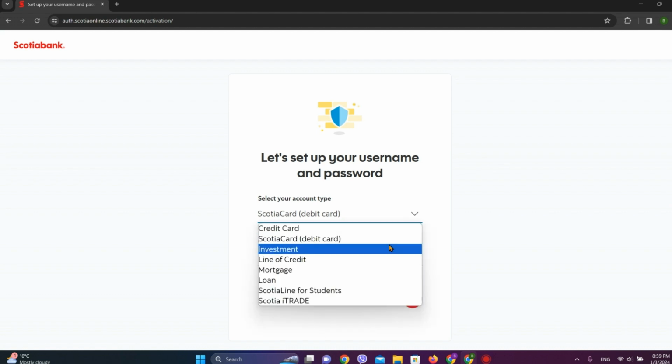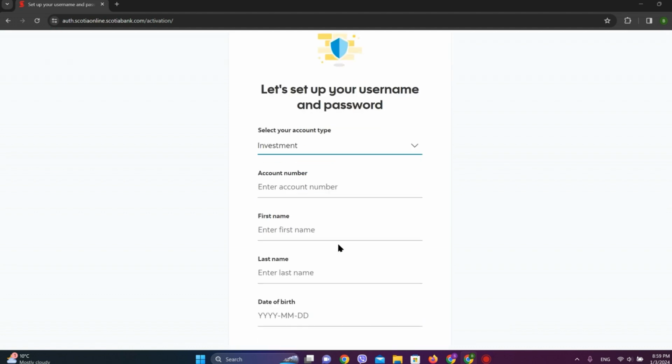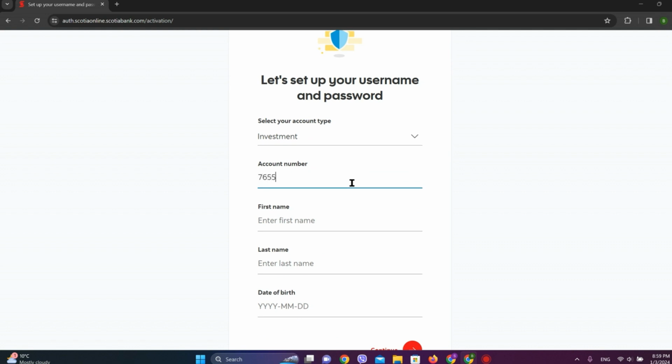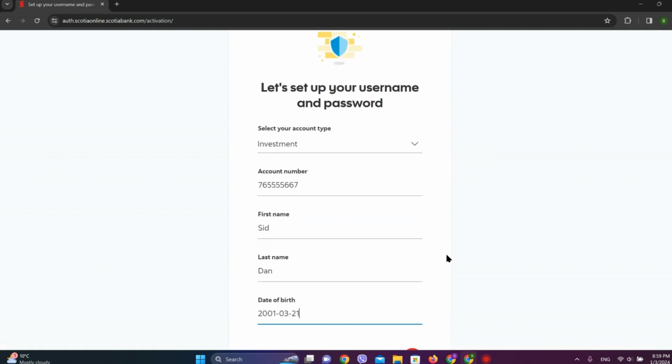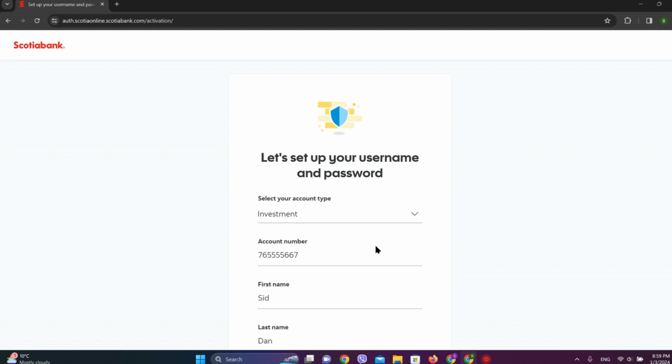Now choose the account type you have got. And we need to enter our account number, enter your name, and enter your date of birth. Now simply click on continue, after which the verification of the details you have given will be done, after which we can set up our new username and password, after which the online banking of Scotia Bank will finally be activated. So that is all we can do to get enrolled in